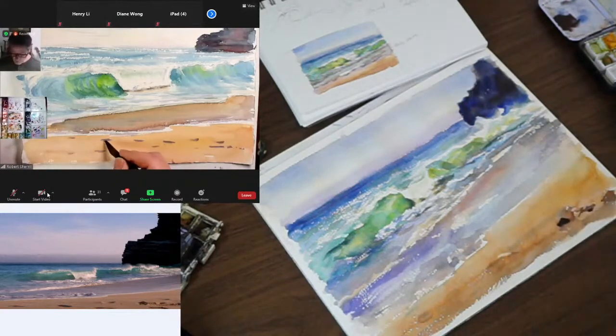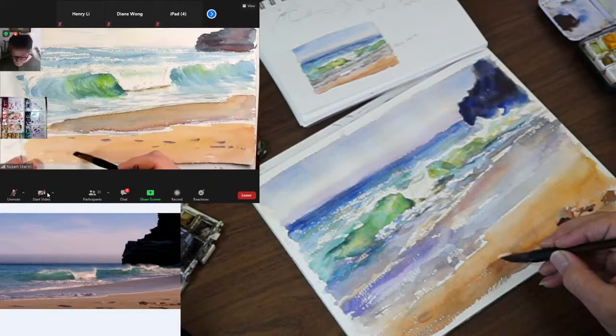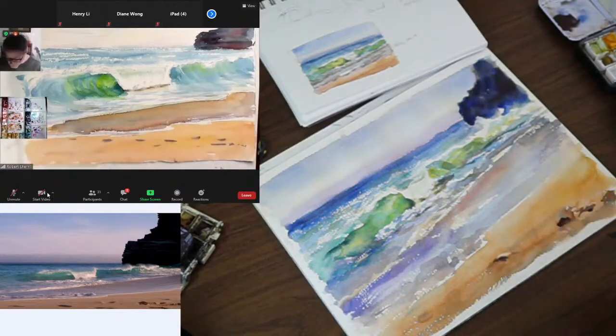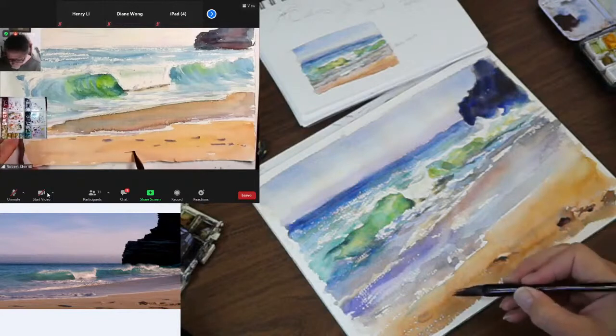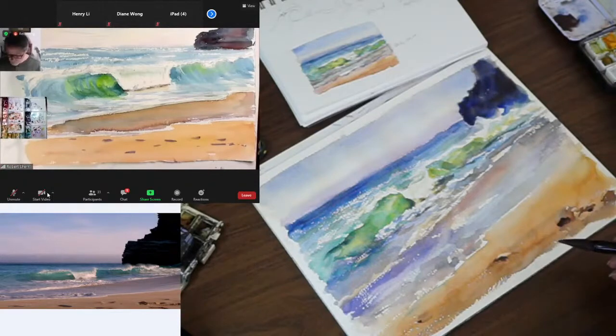So these two are kind of below each other, and it feels a little awkward. So I just take a little water, kind of take them out a little bit, and maybe I'll put that over there. Now they still look like little